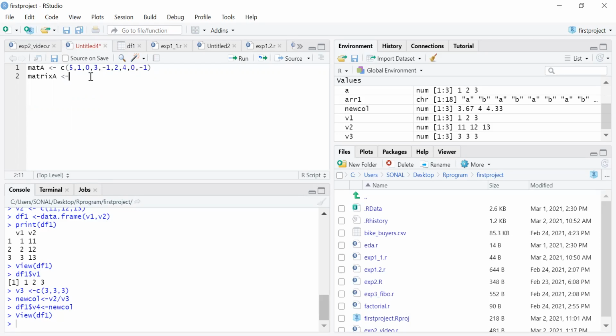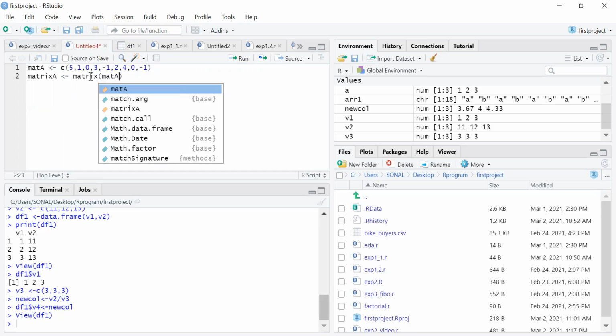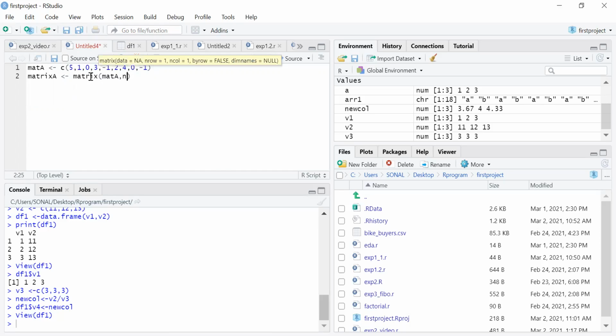Whenever I want to convert it, the first thing is the keyword matrix. What I'll be taking is the content of the vector A. I want nrow equals 3, and I have to arrange it row wise, so byrow equals TRUE.